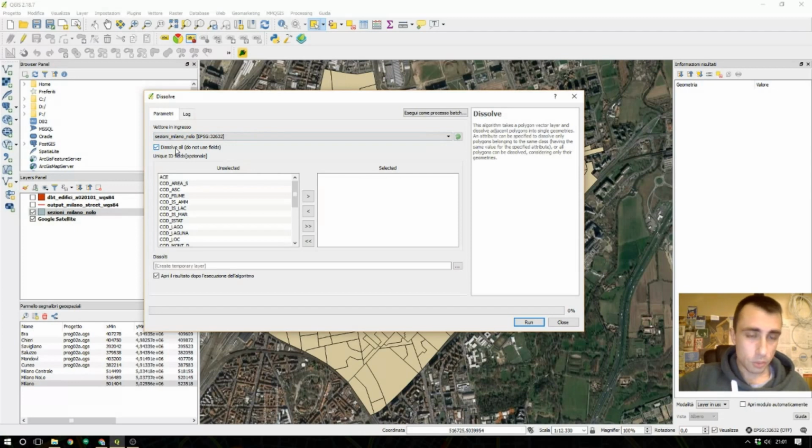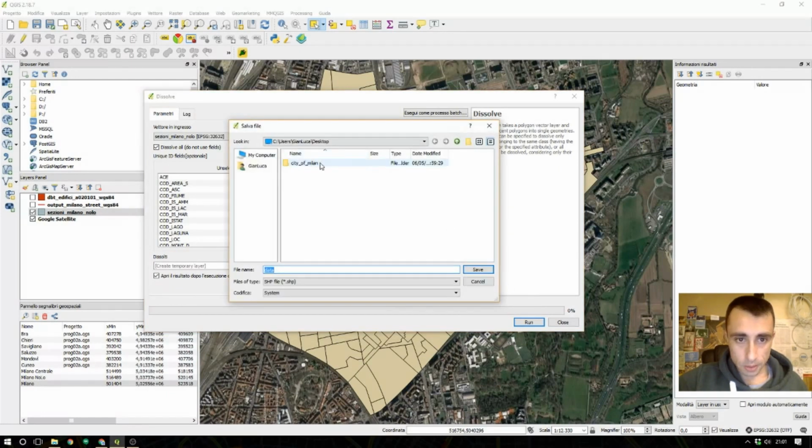You must select a layer. In this window, select the layer: section Milano Nolo, dissolve all. That means I could dissolve on a specific field, but I unite everything. I create a temporary file. I save the file in the processing folder and call it dissolve section. I save and run.